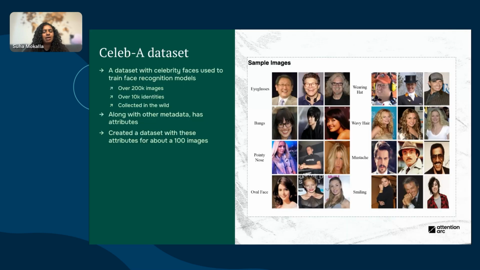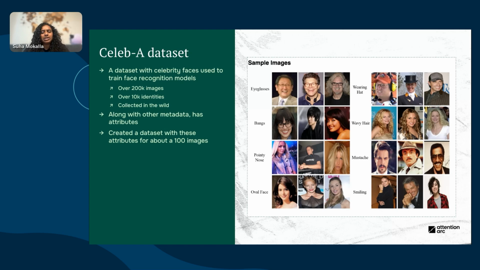There is this publicly available face recognition data set, which is used to train a lot of open source face recognition models and used in face recognition competitions, called CelebA, which has over 200,000 images with 10,000 identities. This data set is collected in the wild, meaning many of these people were not participants in a face recognition study. If they were posing, they were just posing for a picture.